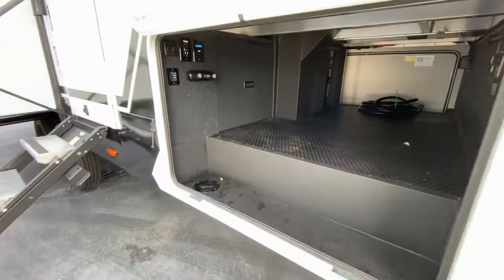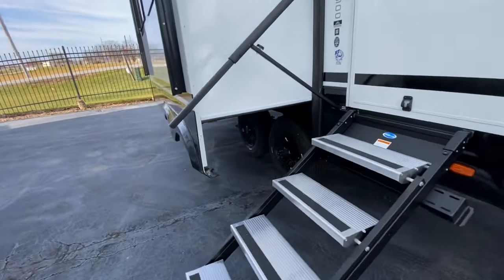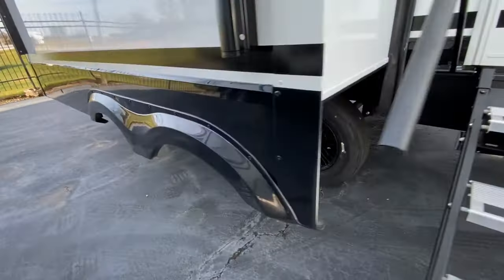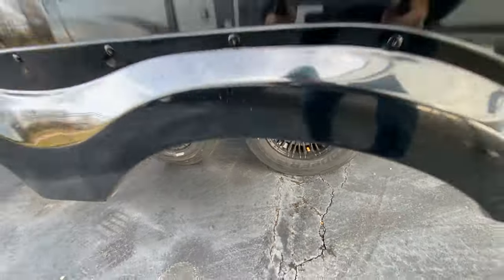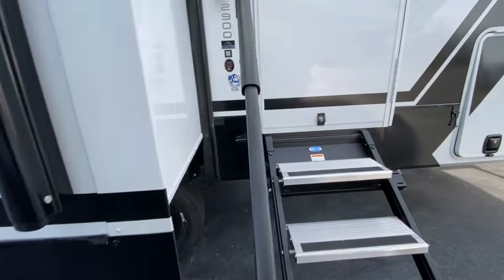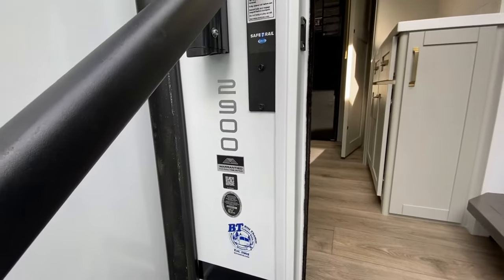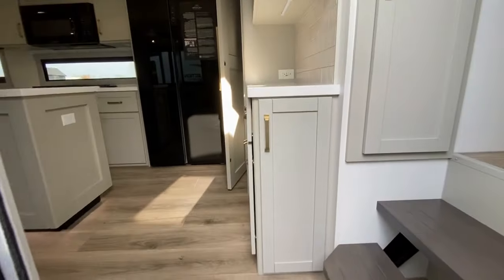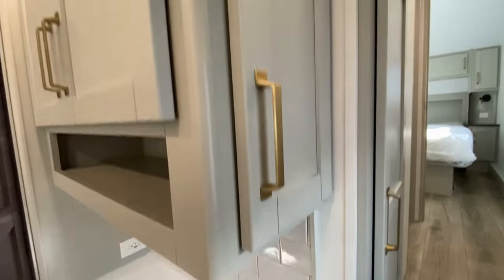They just started carrying the Brinkley line, and I've shot them before, but they are so impressive. I love the wheels that they put on the Brinkley. We'll get inside where it's a little warmer. Actually, it's colder inside now, I think, because the sun's out. There's the 2900 badging. But I've been thinking as I've been walking through, and the word I want to use